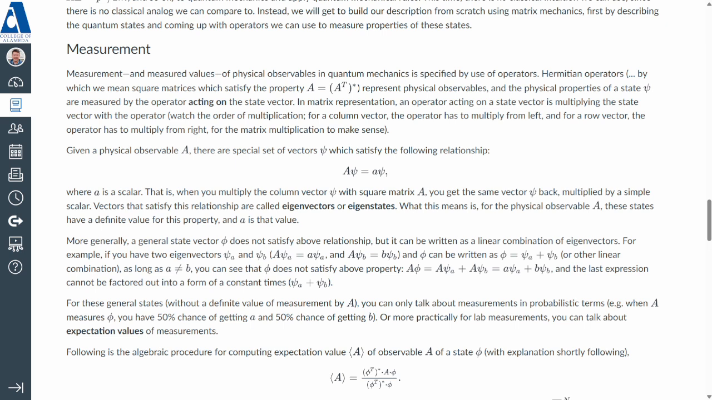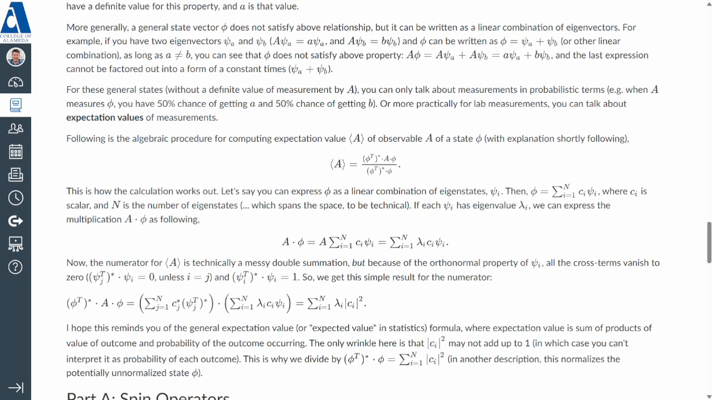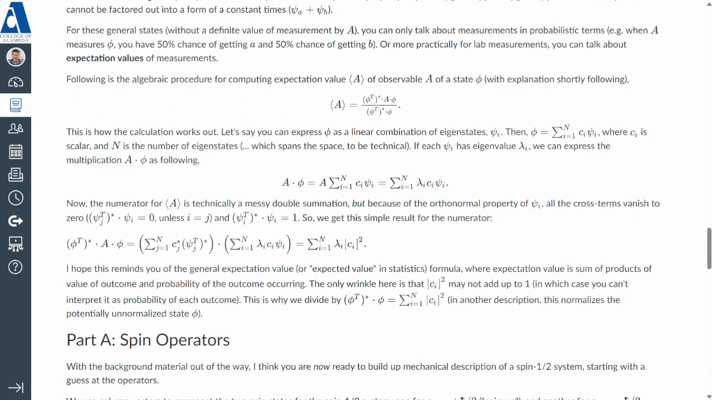For these general states without a definite value of measurement by A, you can only talk about measurements in probabilistic terms. For example, when A measures phi above, you have 50% chance of getting A and 50% chance of getting B. Or more practically for land measurement, you can talk about expectation values of measurements. Following is the algebraic procedure for computing expectation value A of observable operator A of a state phi, with the